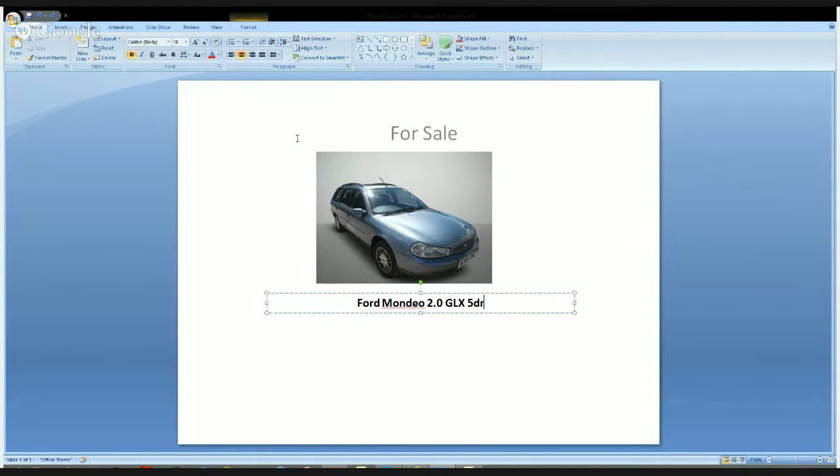Center that. For sale, Ford Mondeo, 2-litre GLX 5-door. Okay. I don't know what else. I suppose you want to know the year. Key facts. There we go. Let's put some of those in.